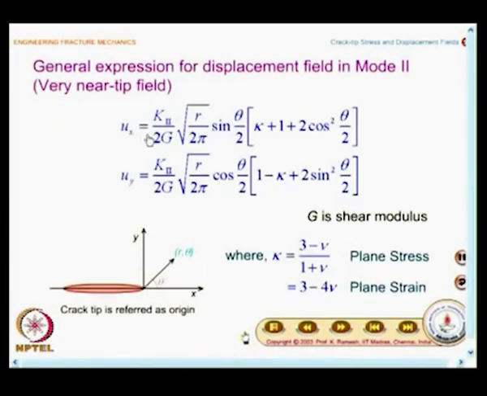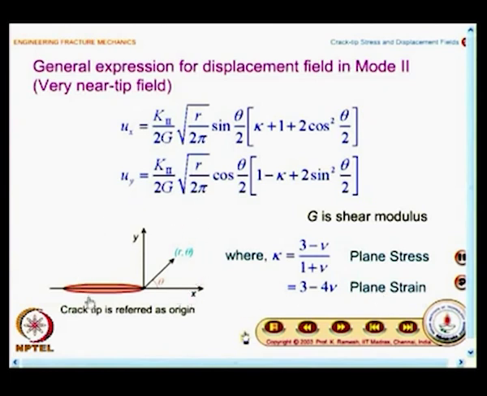I have ux as k2 by 2g root of r by 2 pi sin theta by 2 multiplied by kappa plus 1 plus 2 cos squared theta by 2. Then uy equal to k2 by 2g root of r by 2 pi cos theta by 2 multiplied by 1 minus kappa plus 2 sin squared theta by 2. And kappa is given as 3 minus nu divided by 1 plus nu for plane stress, 3 minus 4 nu for plane strain,